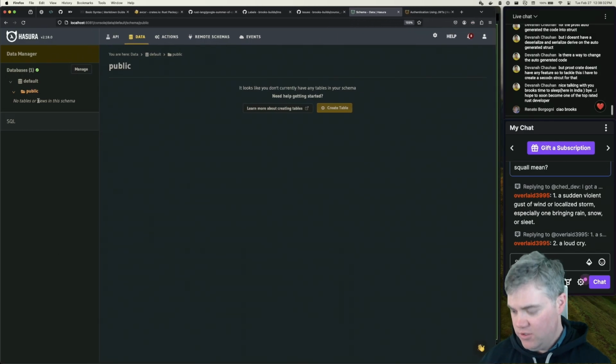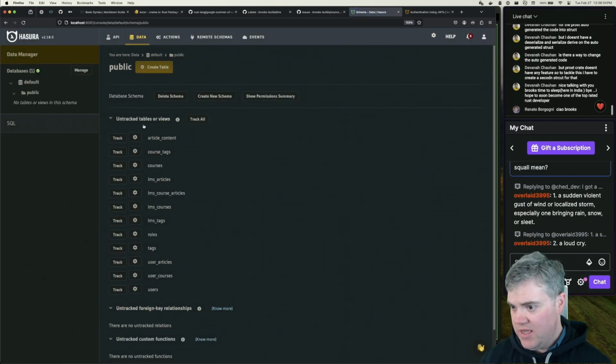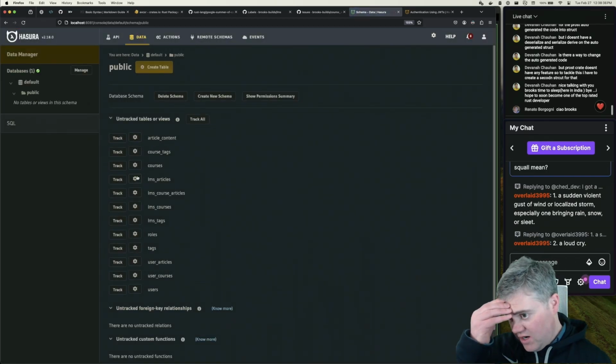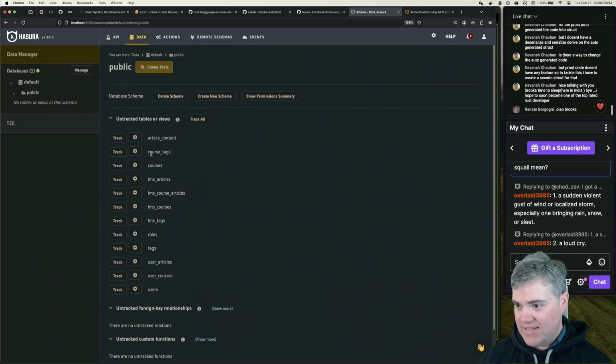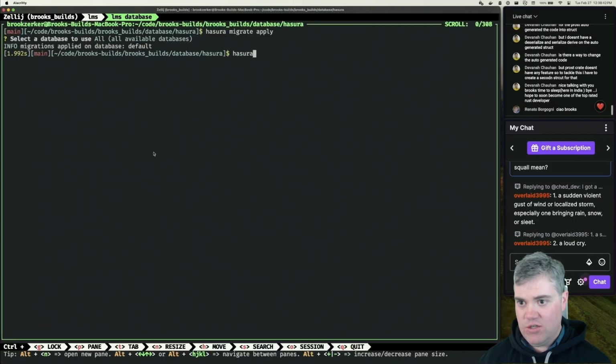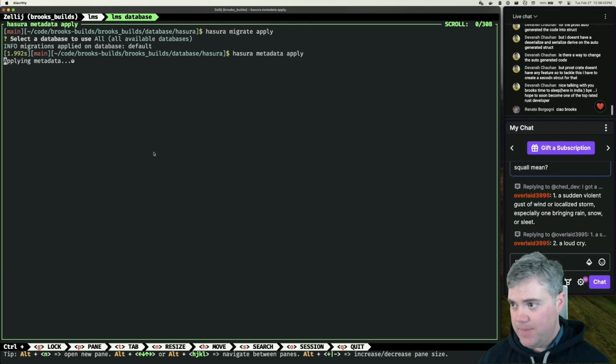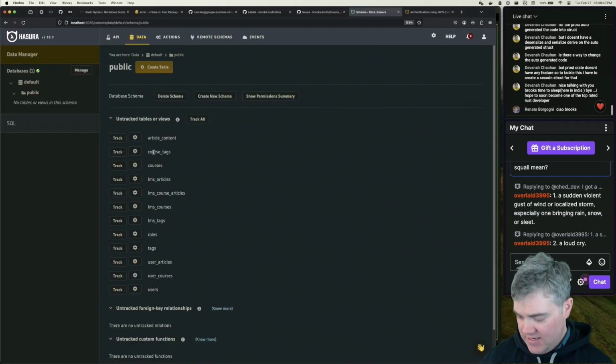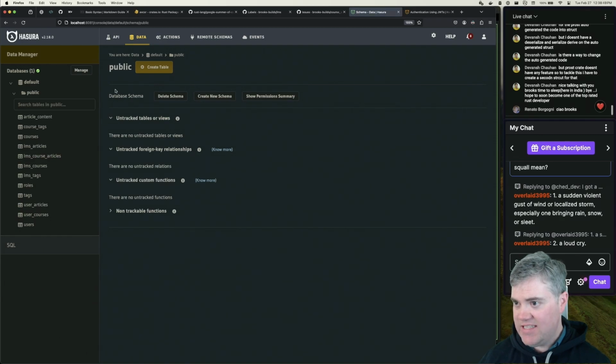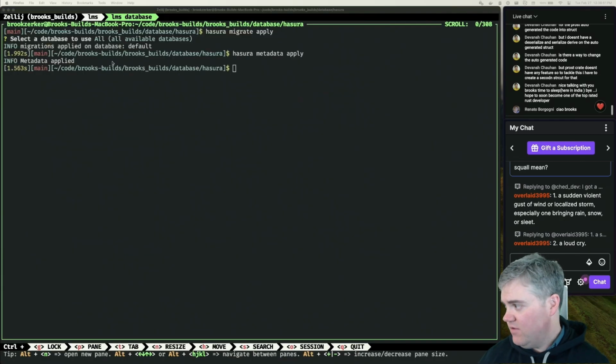So then I want to refresh the screen. Okay, and now here's all of our things. None of them are tracked. Cool. So now I want to do metadata apply. That applies the metadata, and now this is set up. And so finally, if I go back to the API,